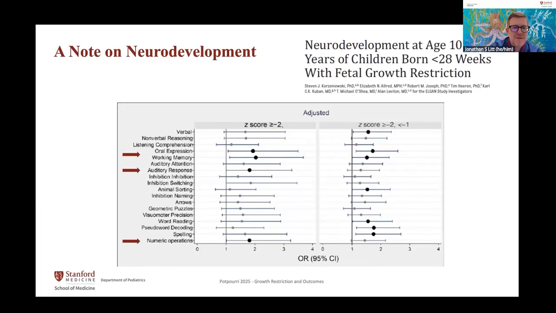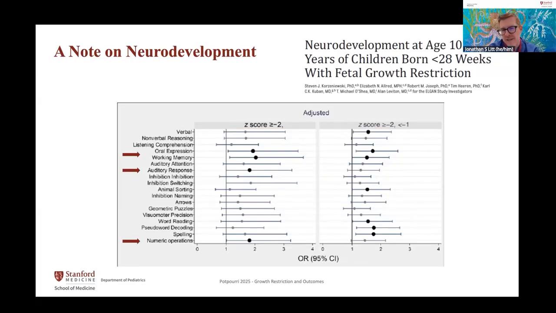So I put a few arrows to lead your eye to the areas of executive functioning that seem to be impacted by growth restriction among these preterm infants, thinking about working memory, auditory response and attention, and at the bottom,